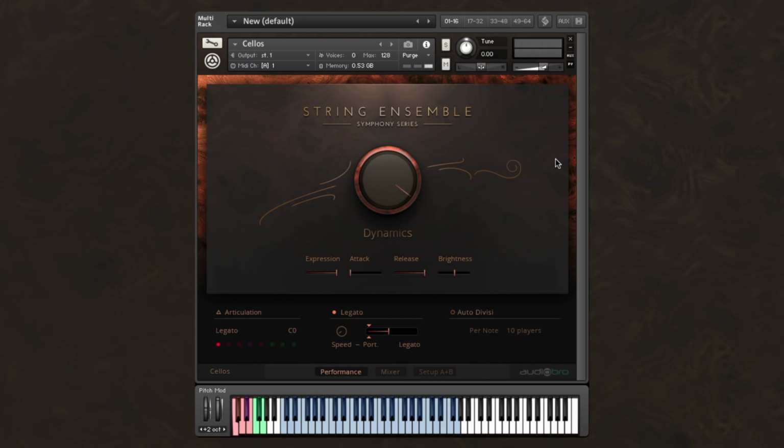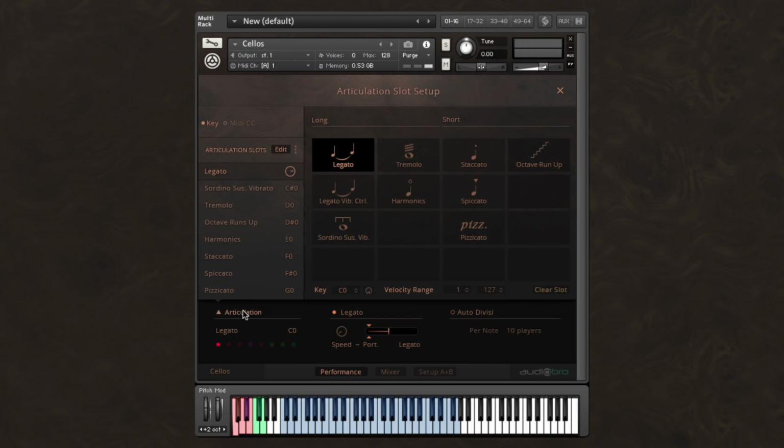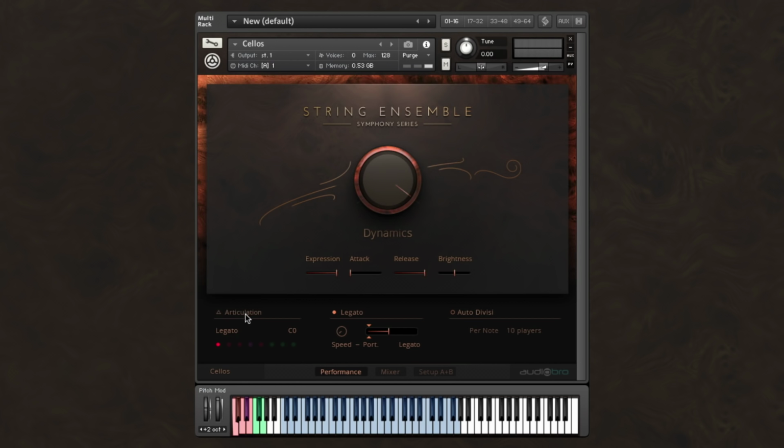In this video, we're just going to go into how to set up Symphony Series string ensemble for your particular template. I found there's generally two types of approaches. One is to just load the patches as is and assign the key switches you want according to your setup. And the other is actually to not use key switching that much and to load separate individual patches for each